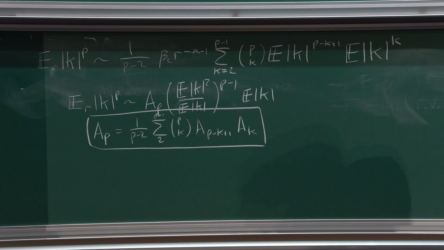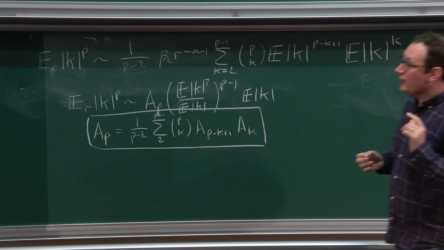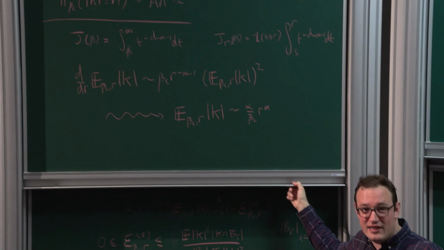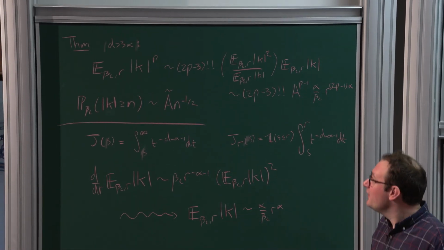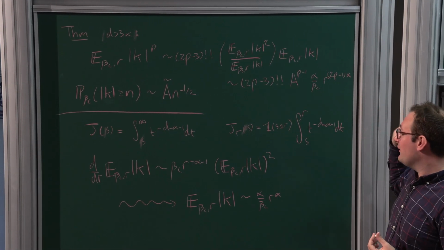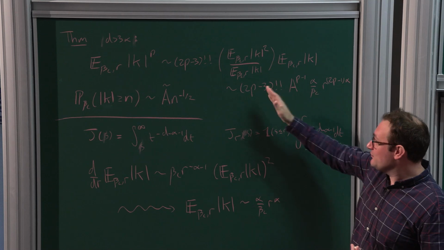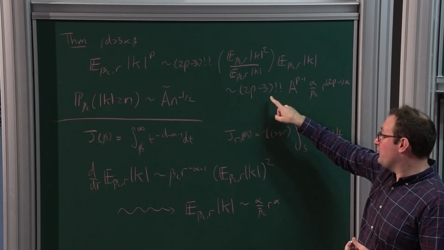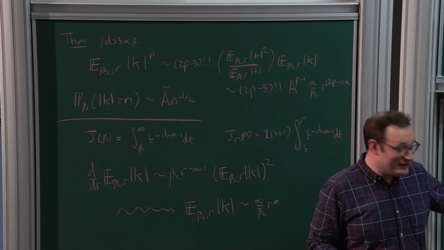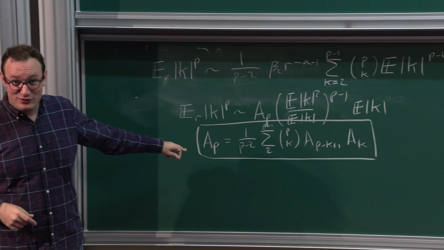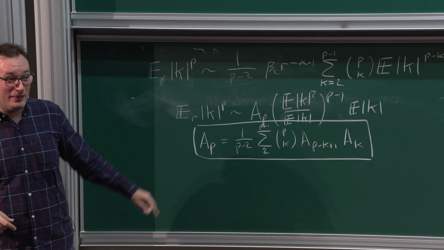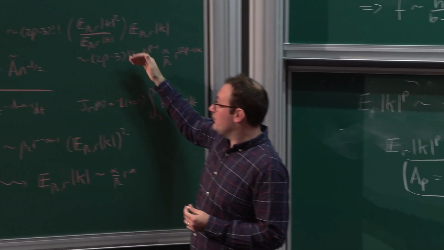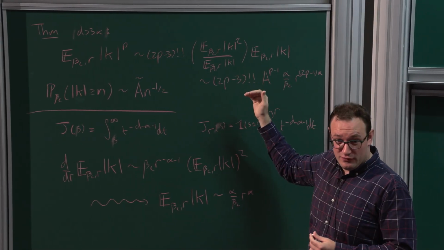Okay, and it's a funny feature of these things. I want to stress that the way we understand scaling limits in this work is that scaling limits arise from the asymptotic relationships between different moments, right? So, for example, the fact that the solution to this is (2p minus 3) double factorial, that's not obvious at all. But this is always how we understand scaling limits: what are the asymptotic relationships between different moments?